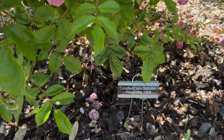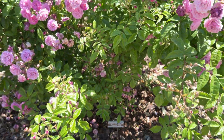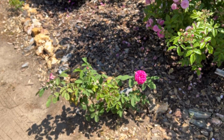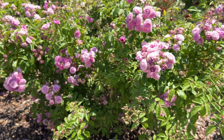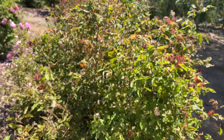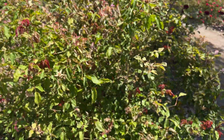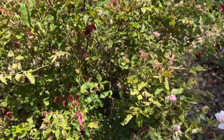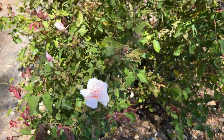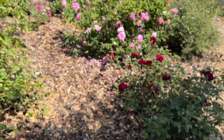Okay, Excellence von Schubert. I think I have a cutting of this, Pollinator. I will look. I have them right now in my bespoke greenhouse. The cuttings I got, we had one of the meetings of the Rose Society, and we all brought cuttings to swap and or sell. They sold them like for $1 a piece to raise money for the Rose Society, which I thought was ingenious. But there was a lot of vintage roses and roses I hadn't heard of